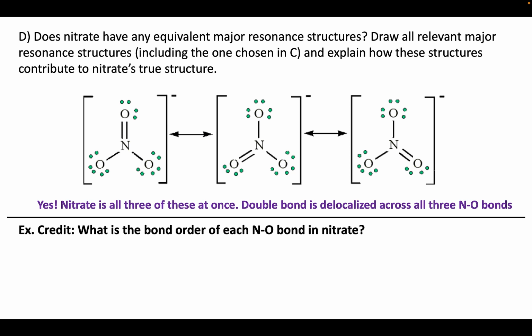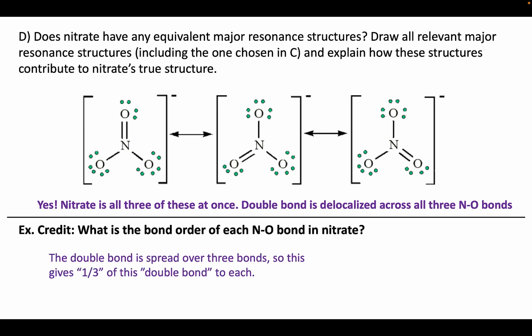We want to know what the bond order of the NO bonds in nitrate are. Remember that if we had a double bond, we would call it bond order 2, single bond order 1. And here, note that every nitrogen-oxygen bond has an initial single bond, but then there's this double bond that's spread over all 3 bonds. This increases the bond order of each nitrogen-oxygen bond by 1/3,